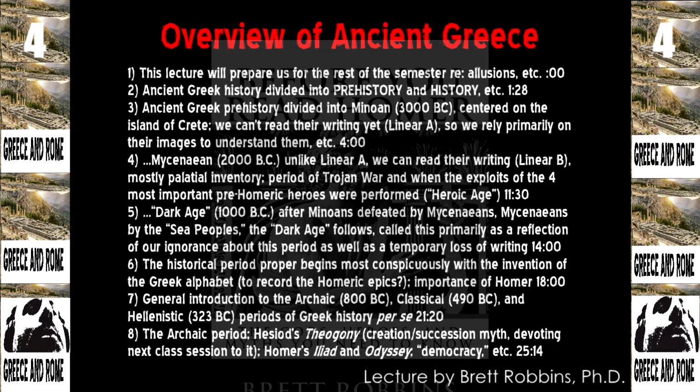And the other thing is that the 4 pre-Homeric heroes that we're dealing with in this class did what they did that was most famous about them. The 12 labors, Perseus, blah, blah, blah, all the stuff that's most famous. Perseus, Medusa, all that occurred in the Mycenaean period as well. So the Mycenaean period is also nicknamed the heroic age by a lot of writers in the past.